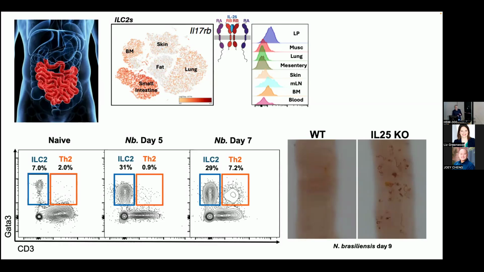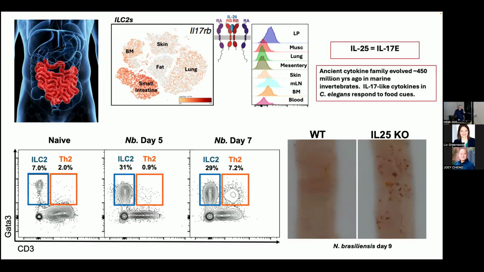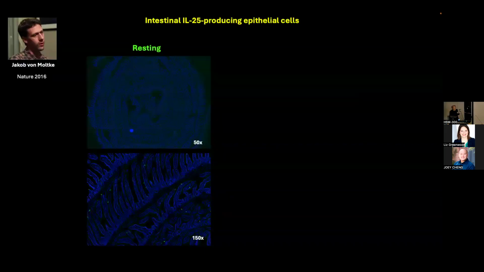If you knock out IL-25, you can see that this totally affects the clearance of the worm, just by taking away this innate source of IL-25. You might not be aware that IL-25 is an IL-17 family member, hence the receptor designation. It's a very ancient cytokine that's in marine invertebrates like sponges and tunicates, which are basically worms. And worms like C. elegans have IL-25 genes. If you disrupt these, you disrupt the food sensing pathway. So this is a very deeply ingrained pathway in food sensing and the environment.